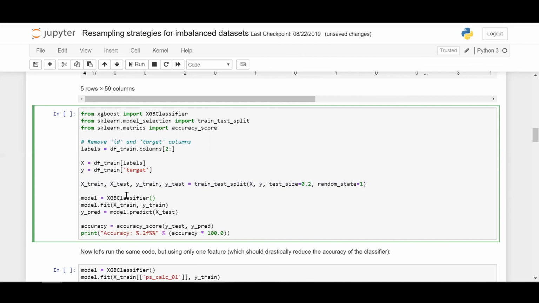All right. Then we will define a model known as XGBoost classifier, then fit it upon our training data as we are doing here. Model.fit does nothing but do the training process upon the training data here, X train and Y train. And then we will define Y pred, which is the model predictions upon the independent testing data, which is X test. We will calculate the accuracy between the testing data, which is the actual values, and the predicted values.